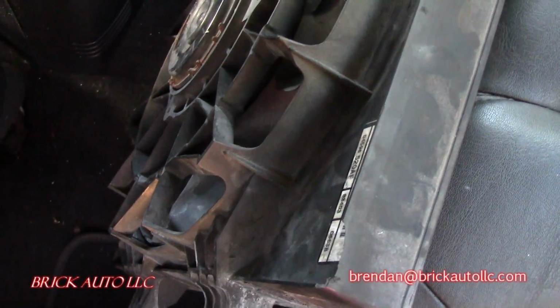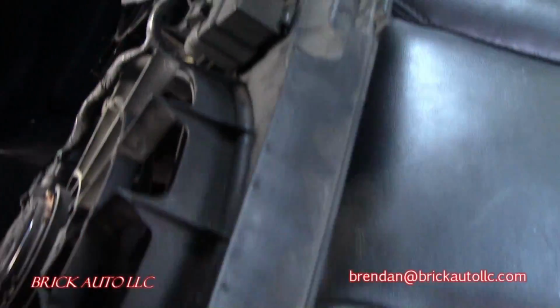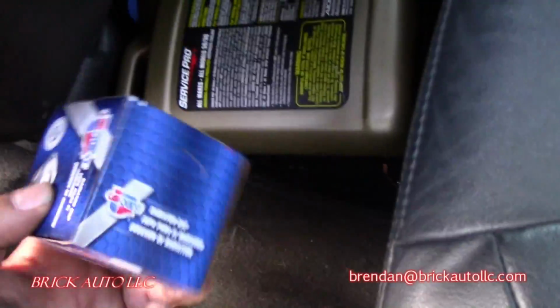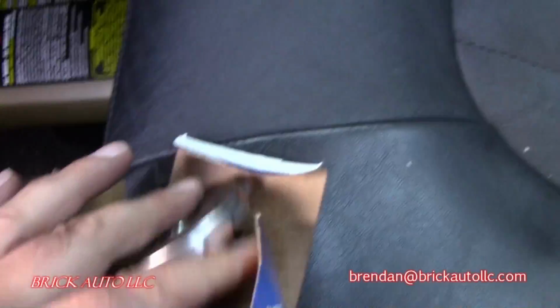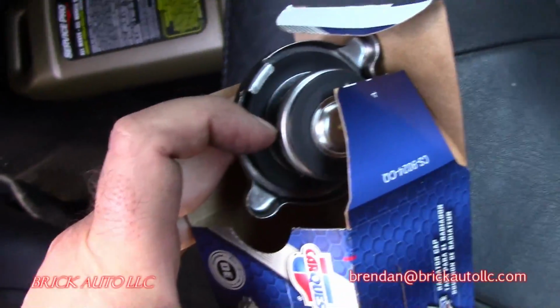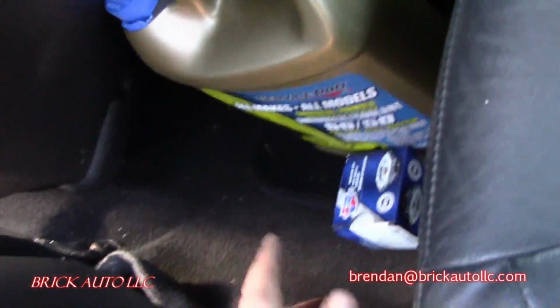You want to come back in here and take another look at this. So here's the piece that was replaced by somebody else before it came here. It's obviously probably the original, but you can tell definitely by looking at the other one, it's a used piece, just by the condition of it. Oh, here's the cap that they replaced. That looks like a new cap. It's just about empty. I didn't put this in their car. This is the customer stuff. I won't leave it like that, but